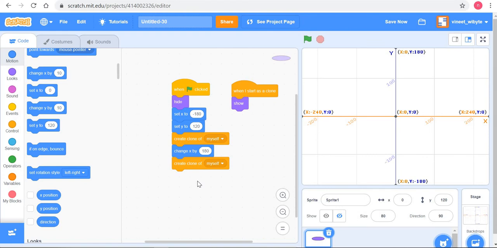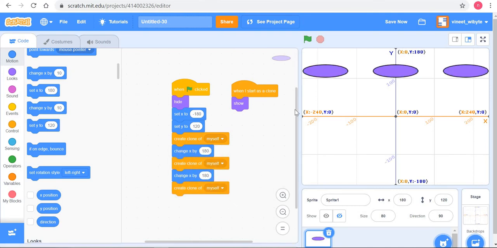So now let's say I want to create one more clone, which is somewhere here, right? What can I do? Remember, I had started from x of minus 180. I change x by 180 to come here. Now I can change x by another 180 to go to this point, right? And which means if I repeated this code, oh, this is too fast. So if I repeated this, what will happen is I'll create three clones. And why did that happen? Let's see this clearly.